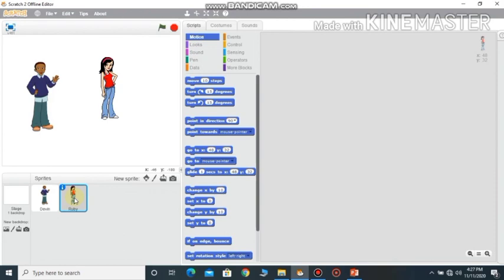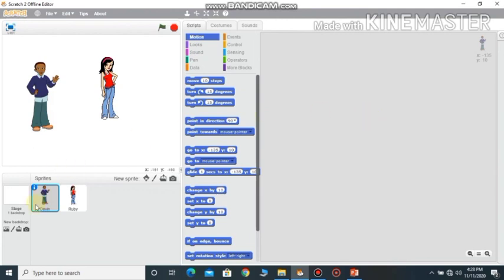Okay, children. First, I'll select this boy sprite and I'll give some instructions. Where will we give the instructions? Hope you can remember. Already everything will be predefined in the form of blocks. Just by putting the blocks in the script area, we will create the program. That is, we can give instructions to the sprite, right? So let me show you how to give instructions for the boy sprite. Children, here we are just creating a project of a small conversation between the two sprites. We'll just create it and check out how it works, right?